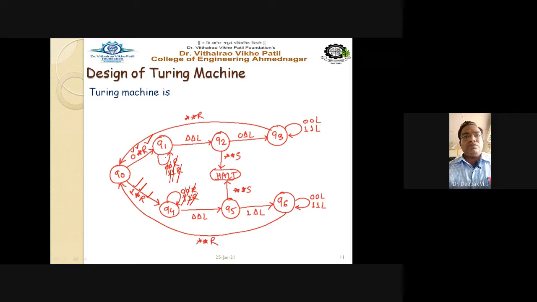So considering all these transitions, this is nothing but the Turing machine for odd length palindrome string. Odd length palindrome string we have drawn here. Getting this point? It is very simple. There is no difficulty. Only thing is that you have to understand the concept clearly. Conceptual understanding is very much important. And another important point is that you have to remember the steps, how the Turing machine is designed, right?